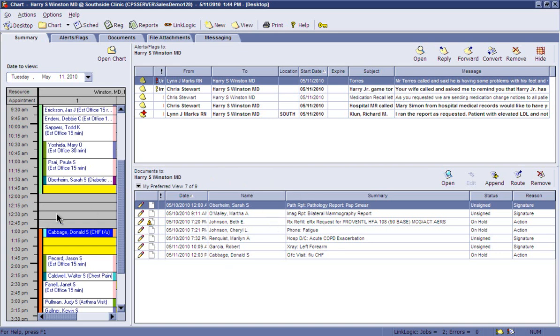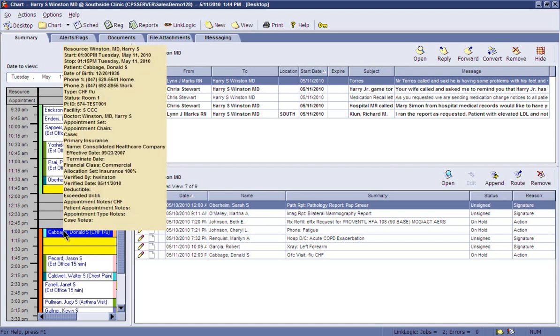The schedule is an up-to-date view of the scheduling component with instant access to additional information by just hovering over the appointment. This lets Dr. Winston see additional information from appointment type to appointment notes without needing to drill into additional information. The schedule also grants the physician access to the patient record, making it possible for the physician to quickly review